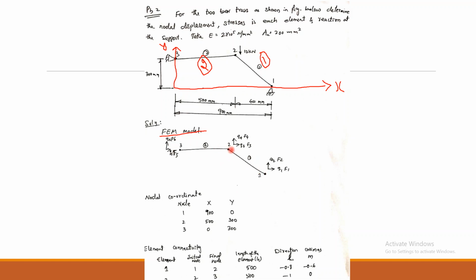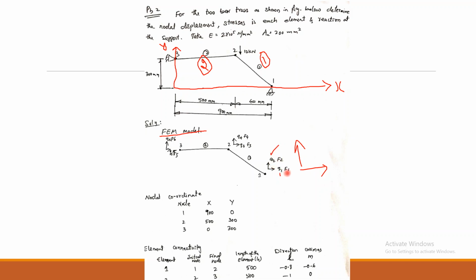Once you define all this, the next thing, which is very important and you must do, is defining the global degrees of freedom. Node 1, as we saw in the problem and the previous derivation, can move in x and y directions, as can all other nodes. So it has 2 degrees of freedom. That's why I represent one in the x direction, another in the y direction, which we represented as q1 and q2.